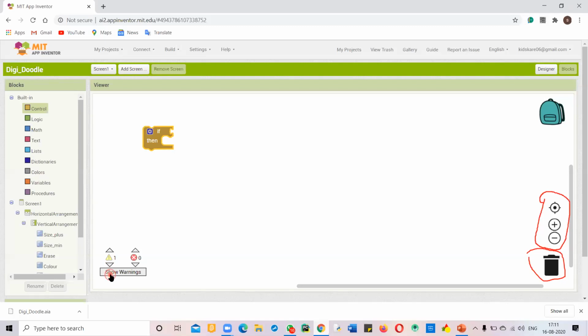If you click on show warning, it shows a symbol over the block. If you click this, it shows that you should fill all sockets of the block with blocks. This is the notifying warning. And the second is a harder warning, in which we can't add any block.